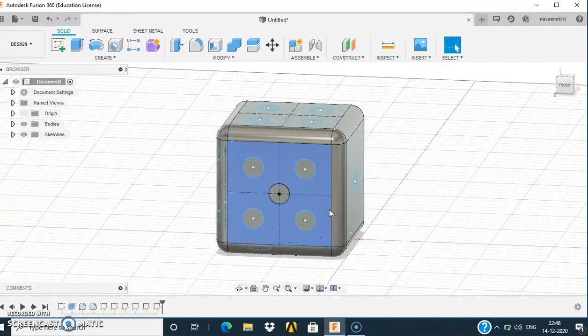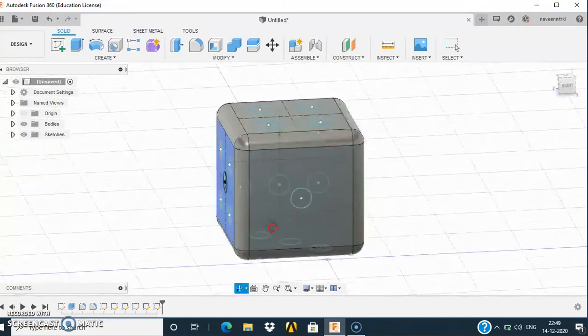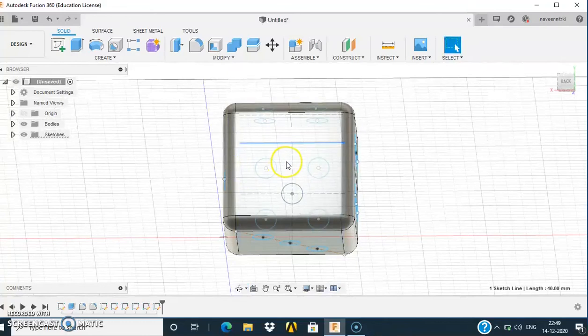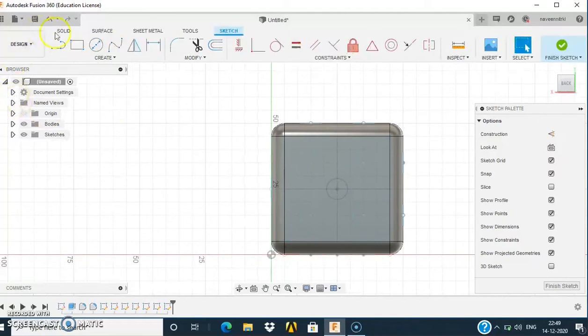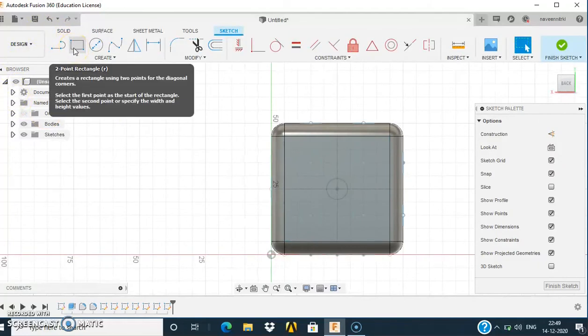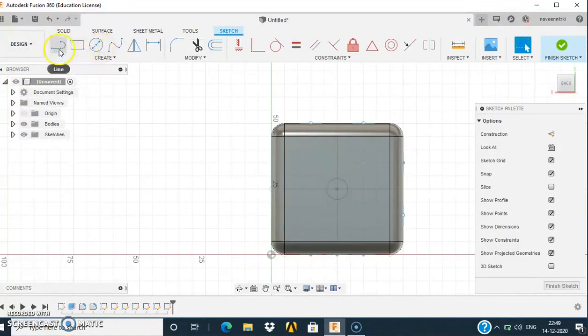Now I will select the opposite face of this face. Then again create a sketch. Here I will draw 2 circles on this face. Similarly, I will select the line, that is a construction line.